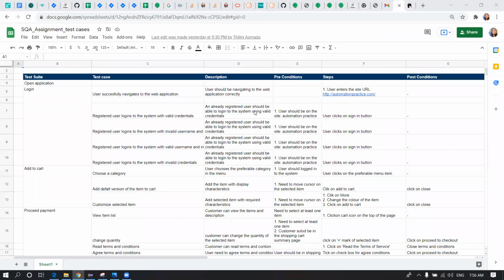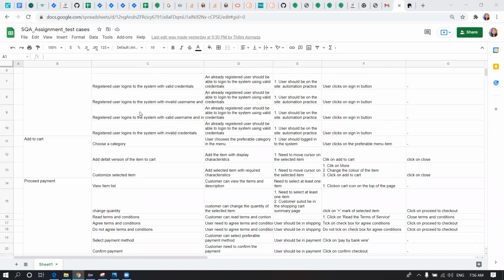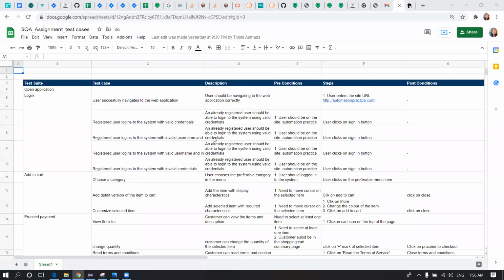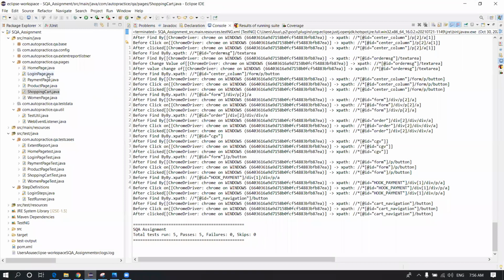So this is where we wrote our test cases, and we had a few test suites and a few test cases, because we consider the process of adding multiple items to the cart and then proceeding with the checkout. Yes, once we are done with that, we started writing